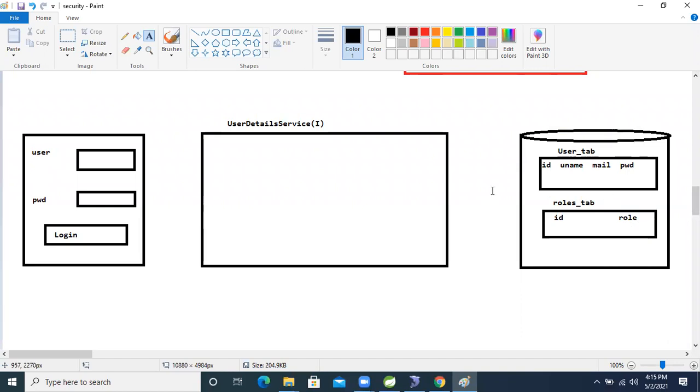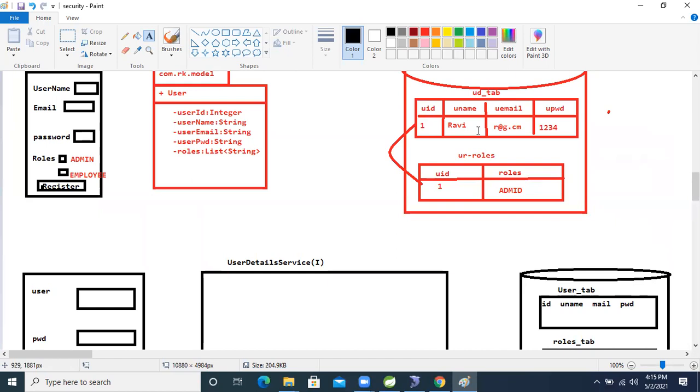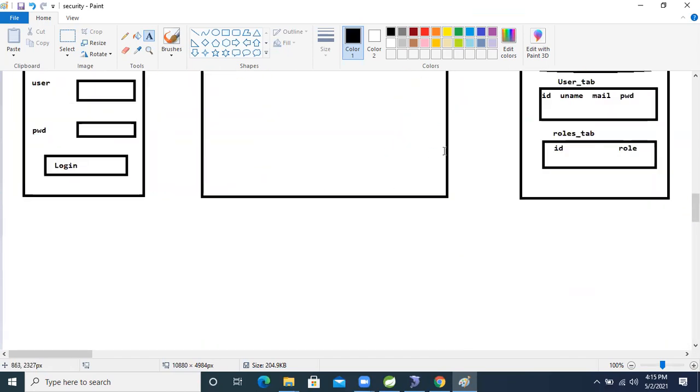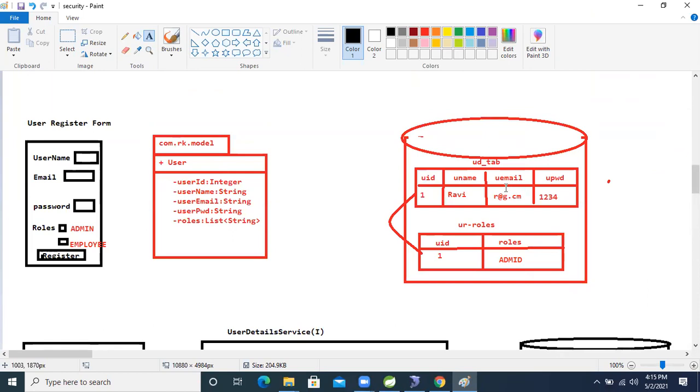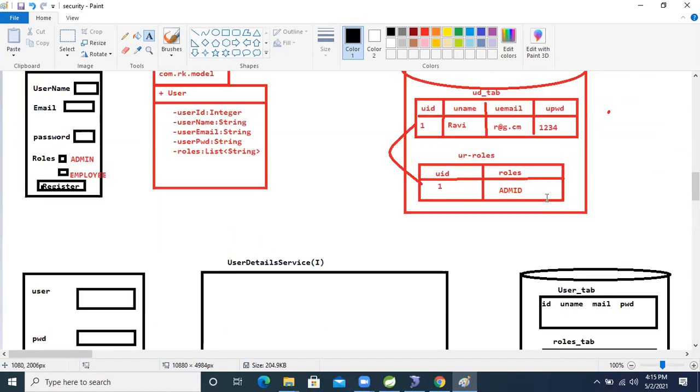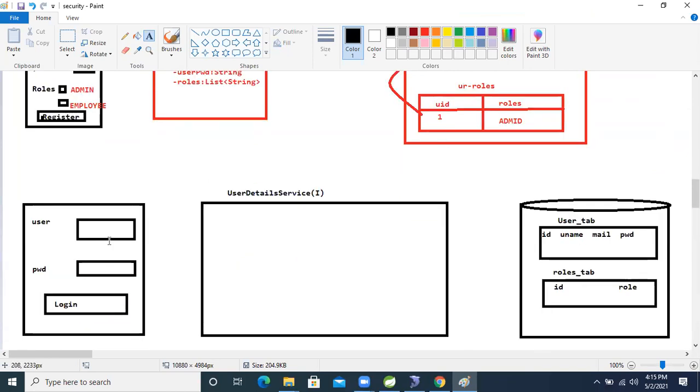So what will we do now? We need to perform user authentication and authorization. Because we already saved the username and password in the database, whenever we enter the username, the email, and the password, the UserDetailsService will come in between and load this data.